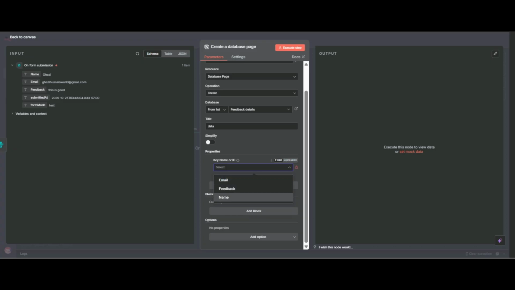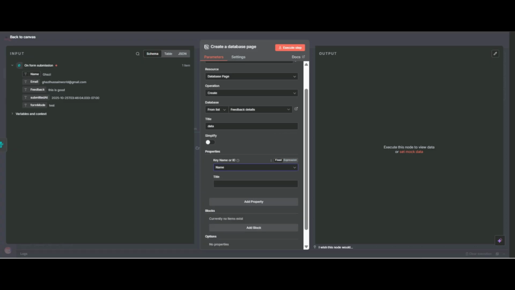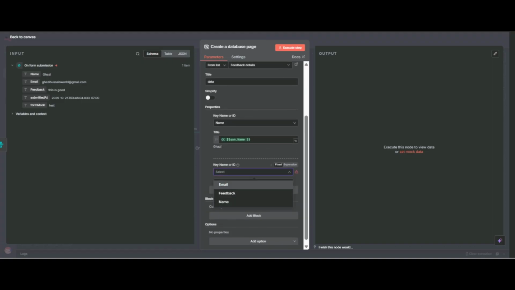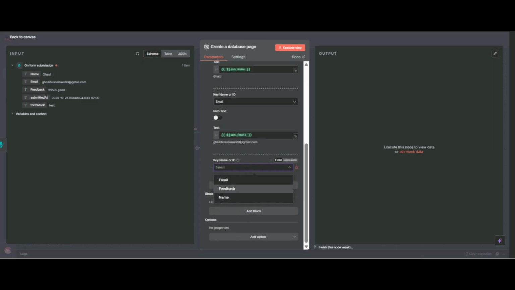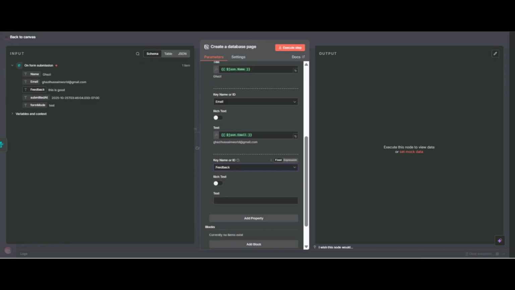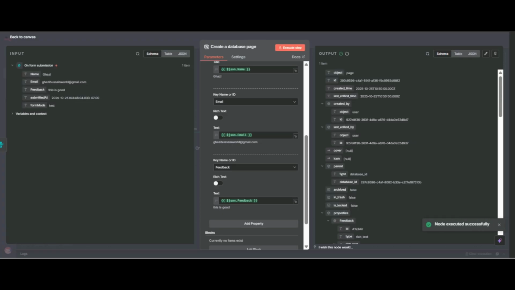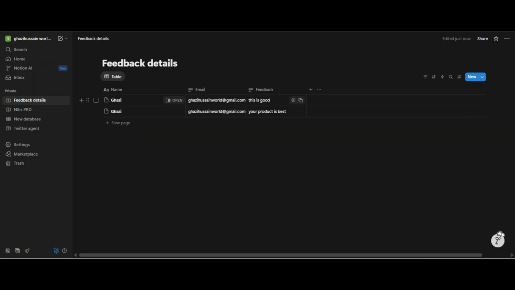So first I have to send the name, so I will drag it, and second one is email, so I will drag my email, and third one is the feedback, so I will also drag my feedback. So now I will execute this. So it has successfully sent my data. So now you can see this is good.